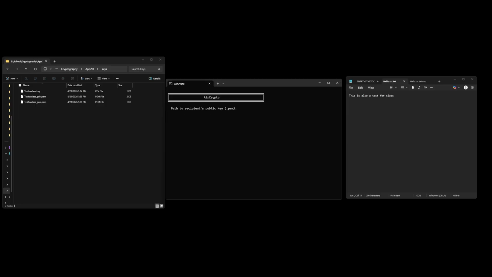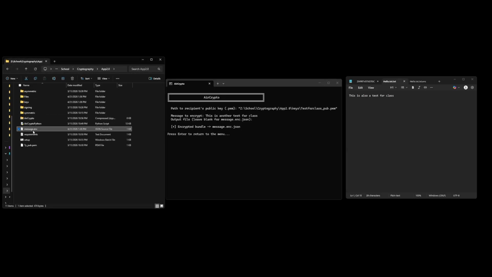asymmetric message, path to the public key. So right here, the pub.pem is our public key. Copy as path, right click, press enter, message to encrypt. This is another test for class. And we're going to leave it blank. This one will go here, called message.enc. So we press enter, and we go back one, we can decrypt